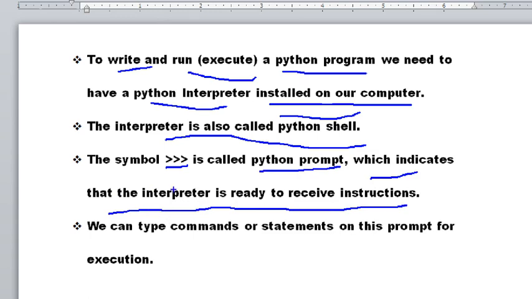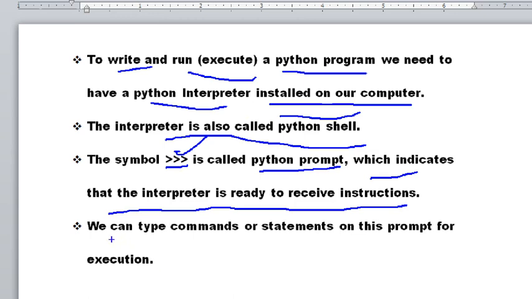Whenever we open the Python window, we will see this symbol. Suppose we want to type a program, we have to type it from this symbol only, and the name of this symbol is Python prompt.